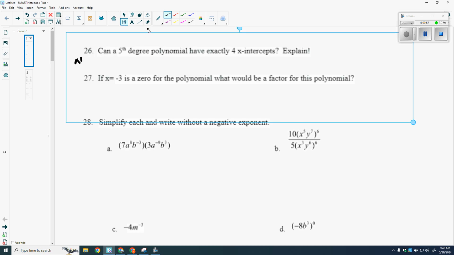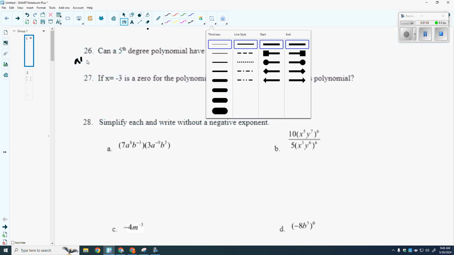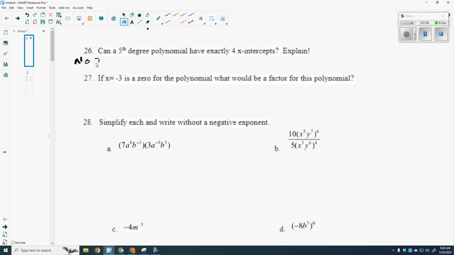Let's go a little smaller. We could say no, imaginary roots come in pairs. Okay, so there's one answer. Well, if imaginary roots come in pairs, if we look at this as